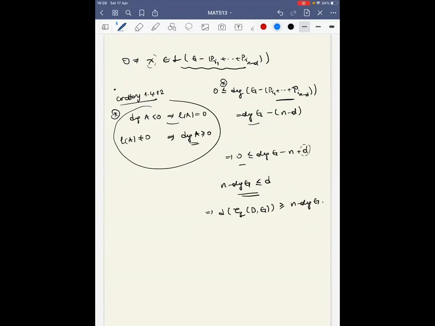So thanks to theorem 2.2.2, indeed we can say that the degree of G plays an important role in the parameters, and if the degree of G is strictly less than n, indeed the evaluation map is going to be injective. So corollary 2.2.3 says that